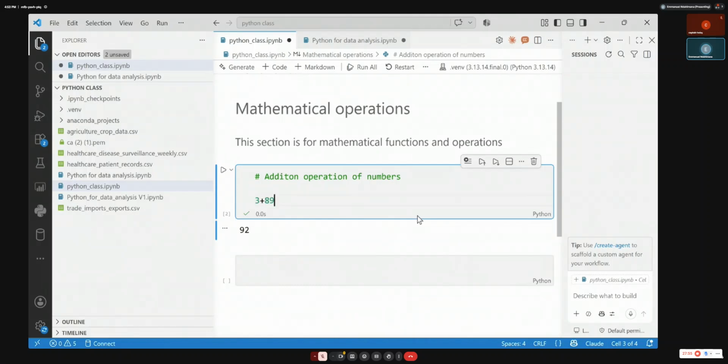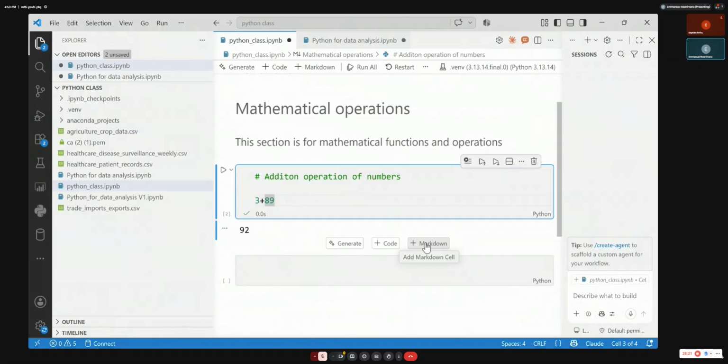Below here, I can also add another cell if I like. If you click below, you will be able to see that you can add another cell. Before you add a cell, it suggests whether you want to add code or markdown. Is it something to run, or just a paragraph for explanation? If I choose markdown, it is going to add a cell for words, a paragraph or a title.